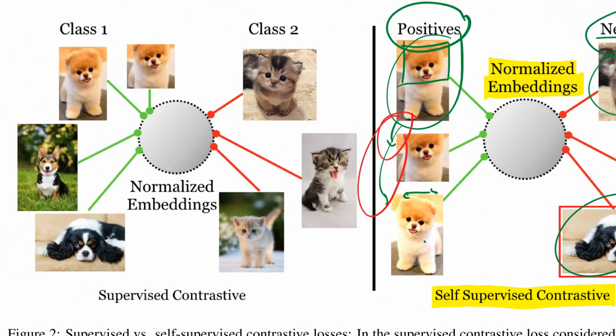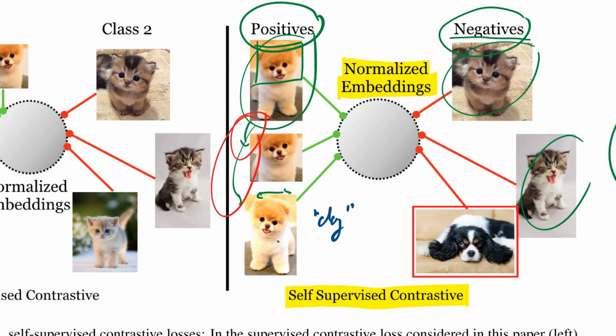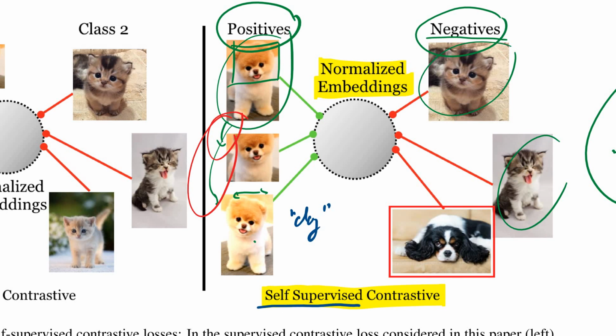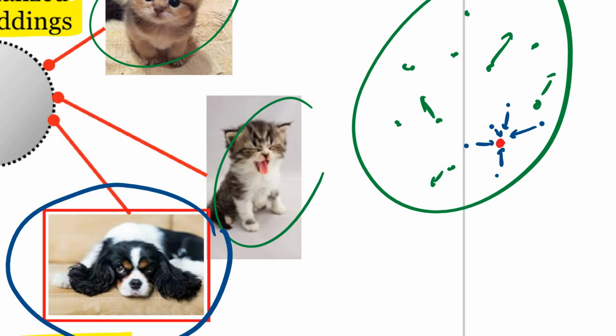Now, the problem here, if you specifically do this to pre-train a classifier, is the thing they show on the right. So on the left here, you have a picture of a dog, right? But if you just do this self-supervised, without the labels, it can happen that this image here shows up in the negatives, but it is also of a dog, right? And now this image here is going to end up maybe being this image here, and you see what happens to it. It's a green one, so it's going to get pushed apart,